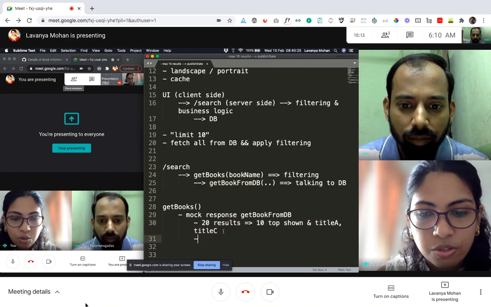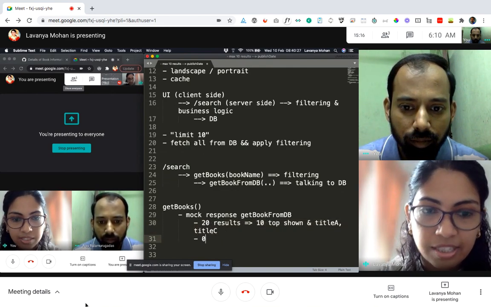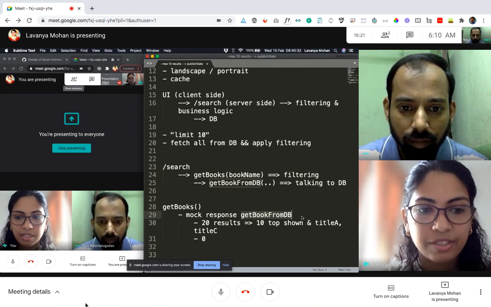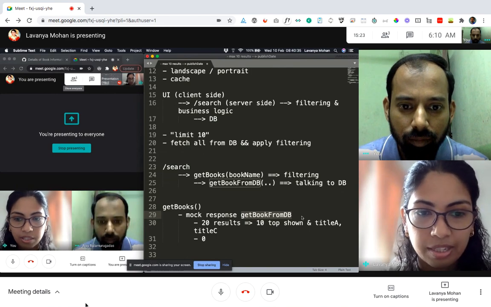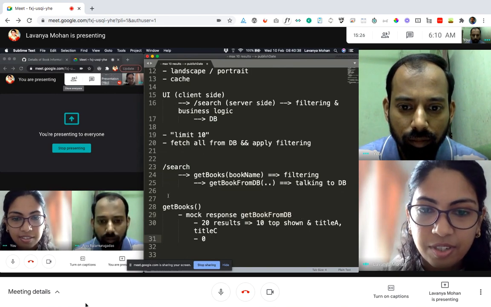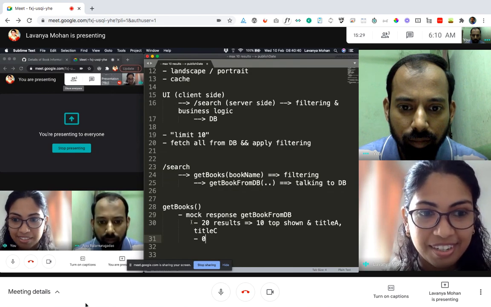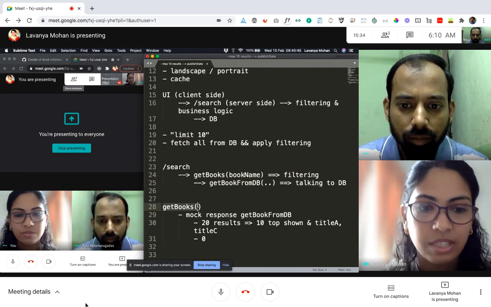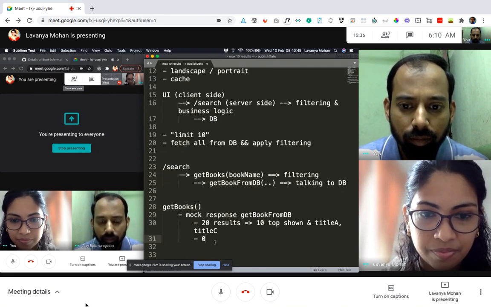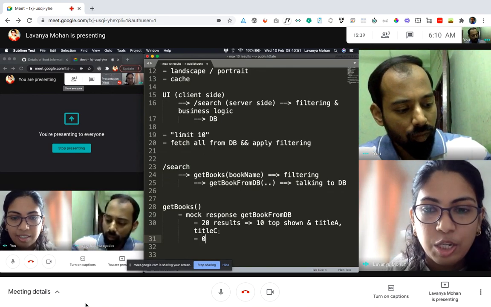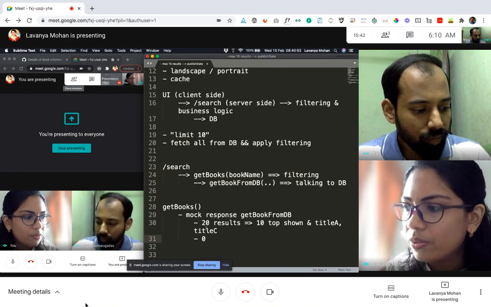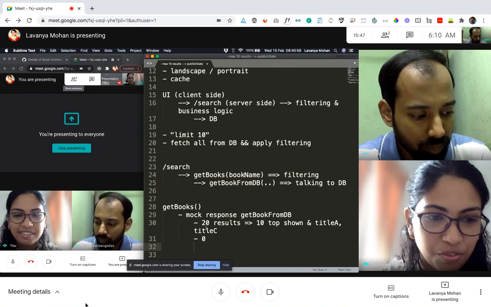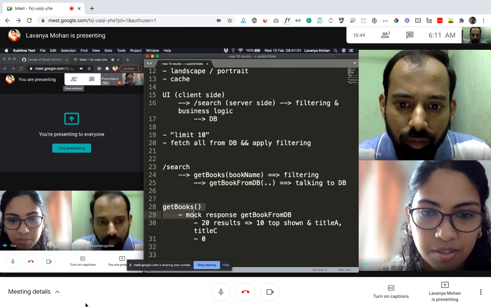The next thing we can also do is, if it returns 0 results, does it still return 0? If the values from the DB do not return anything because there are no books with that name, does it cause some error? Is there a null pointer exception or something that comes up, or is this method saying, there are no books, I'm just going to return something empty back? That can be checked. We could also check a happy path case where it's exactly 10, or just 5, and so on. We could do all those things here in this method.